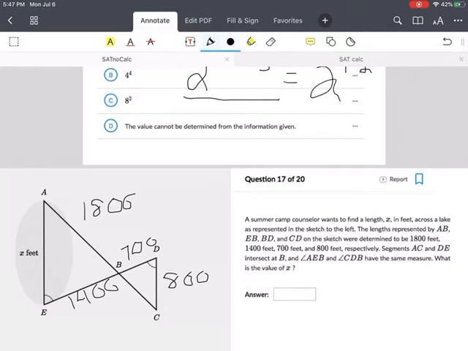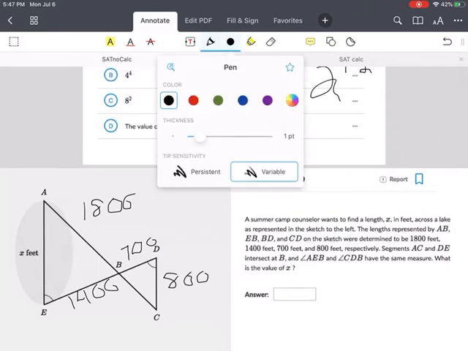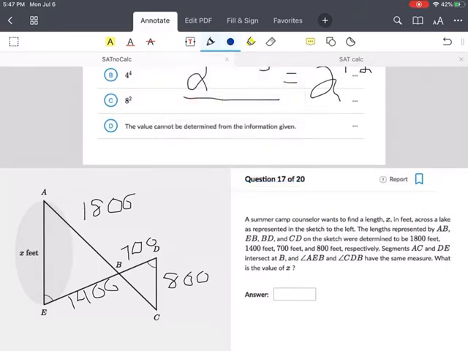So if you think about this question for a bit, you see that it's a question about similar triangles, because they tell us that this angle and this angle are the same thing. And if we know a bit of geometry, we also know that this angle and this angle are the same thing. So these are indeed similar triangles. So we can set up a proportion where we say that